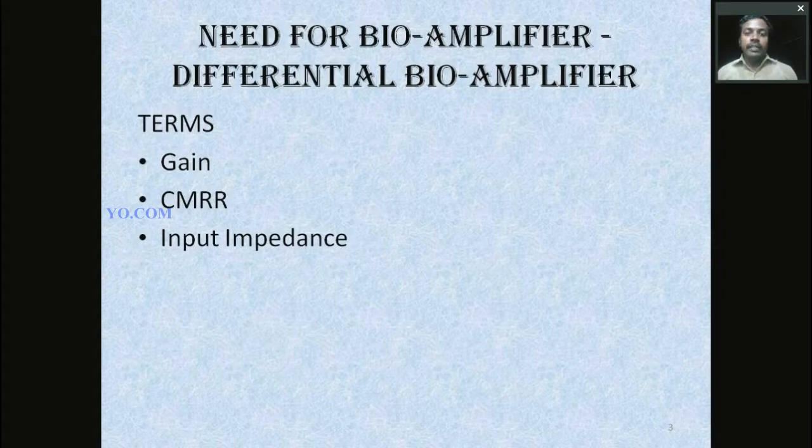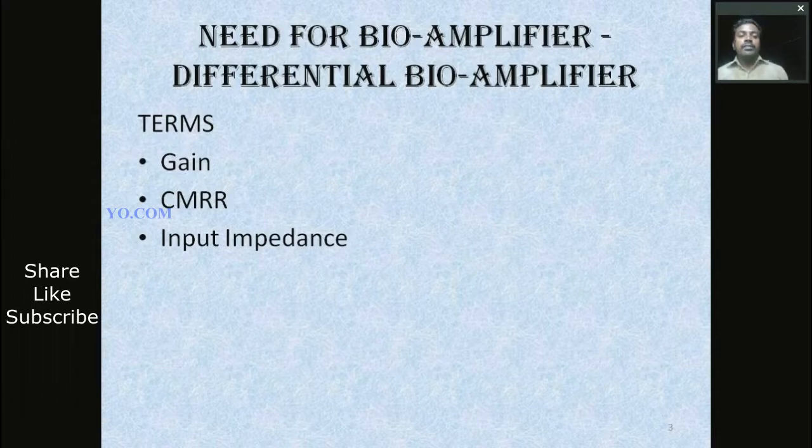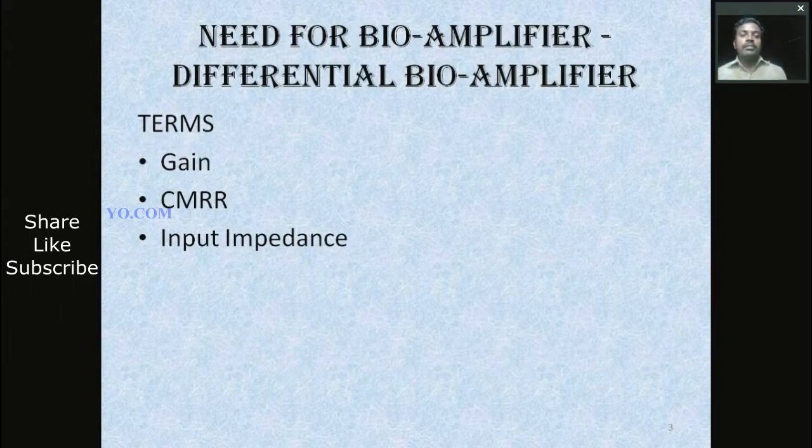So every amplifier has some gain. It can amplify the incoming input signal and produce a higher output. The output is higher than the input when the gain of the amplifier is high. Suppose the output is the same as the input, then the gain of the amplifier is 1, which is called a buffer amplifier. Here we are going to study the differential amplifier and the impedance matching circuits.